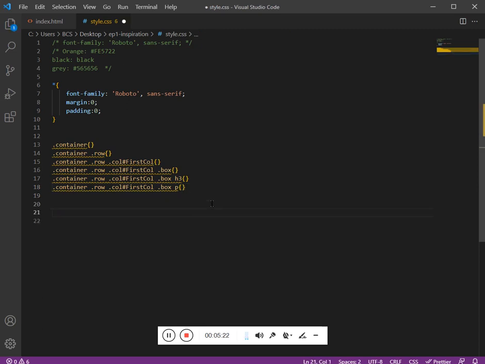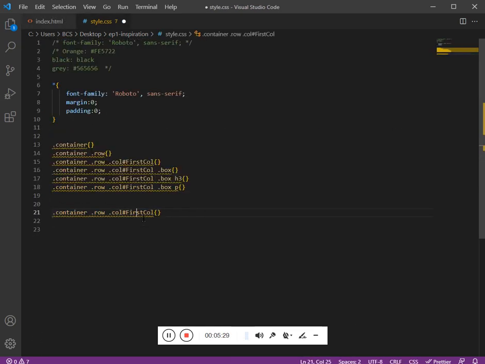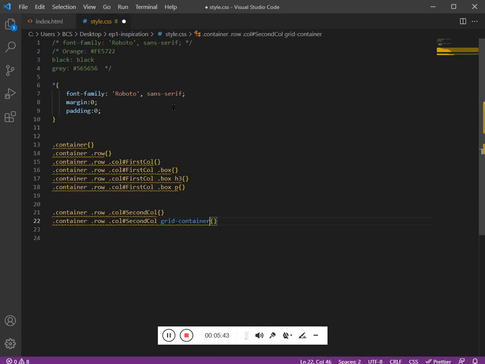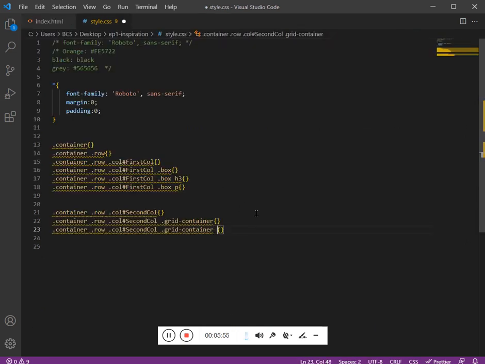Now let's work on the second column. Inside the second column we have grid container. Inside grid container we have image container, and inside image container we have image.